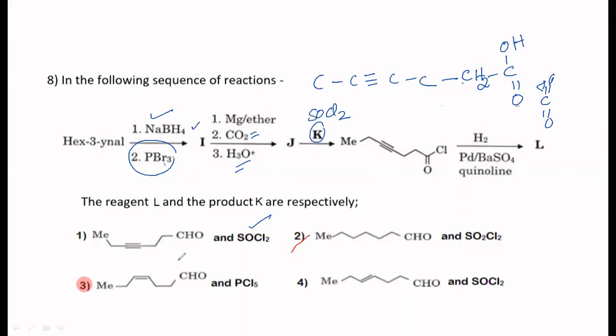So till here you understood SOCl2. So you have to convert this one into Cl because you are using Pd BaSO4, that is for acid chloride, isn't it? So you are getting an acid chloride here. So use SOCl2. This will be converted to Cl, right? All the reactions are quite familiar to you here. This is going to become Cl.